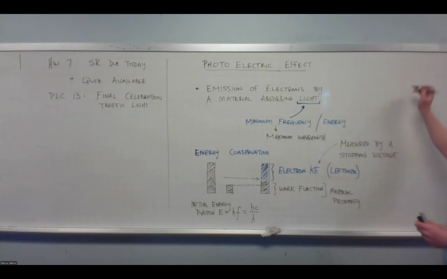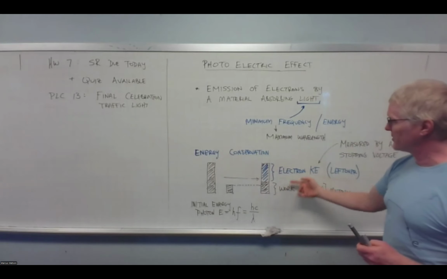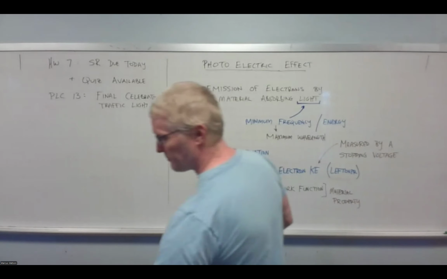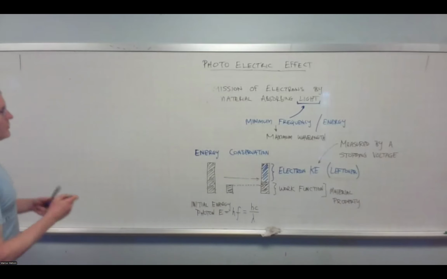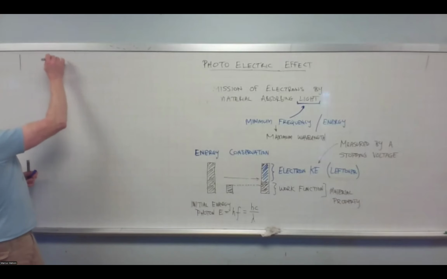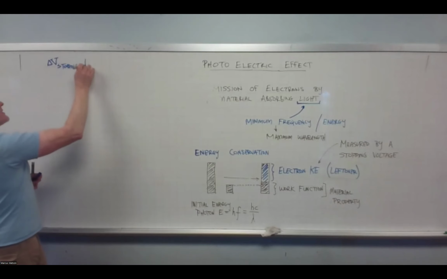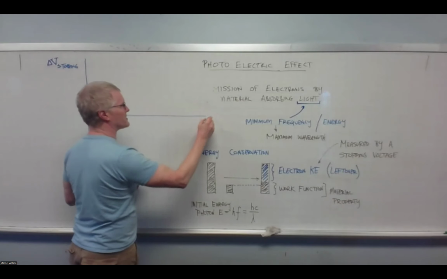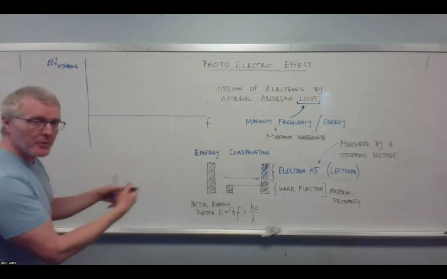Okay, and so what we do is we can write in the conservation of energy exactly in this way. In other words, incoming energy equals work function plus kinetic energy. We rearrange the kinetic energy to give us a stopping voltage, and we can plot those. So when we do that, the stopping potential here versus the frequency. Okay, now if I took my conservation of energy equation and I rearranged it slightly so that